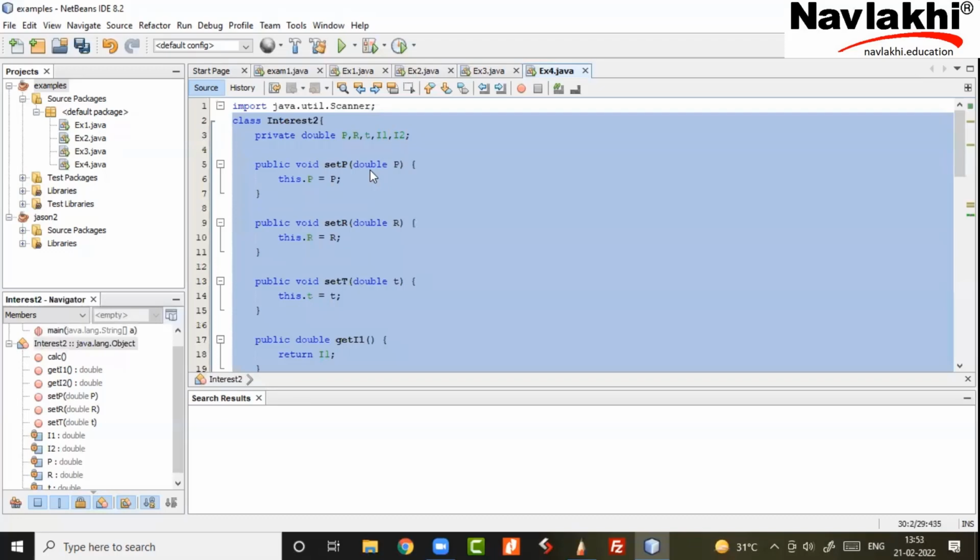You think: what does one interest object need, ptr i1 i2, and then 2 copies or 3 copies will be made, like one application form will have what fields. Think like that. To be a good class designer, when you're writing a class, you think of the minimum. If I tell you today to make an admission form for my classes, you will not think how many students are there. You are going to think only about one student and what details sir needs. That's what you have to think, basically.